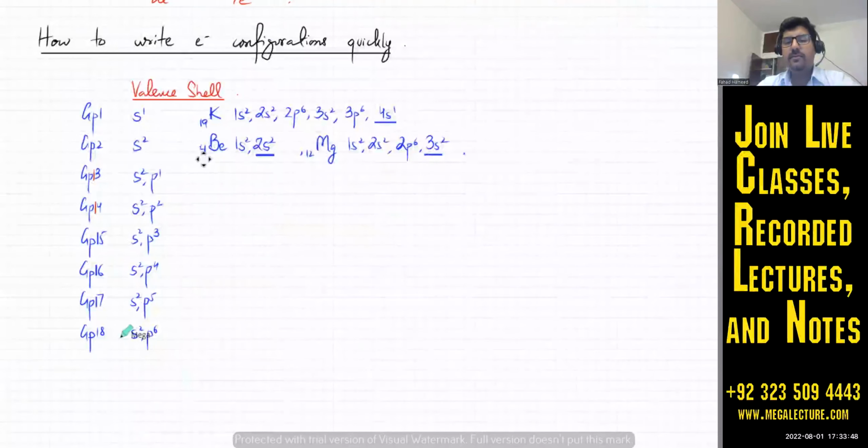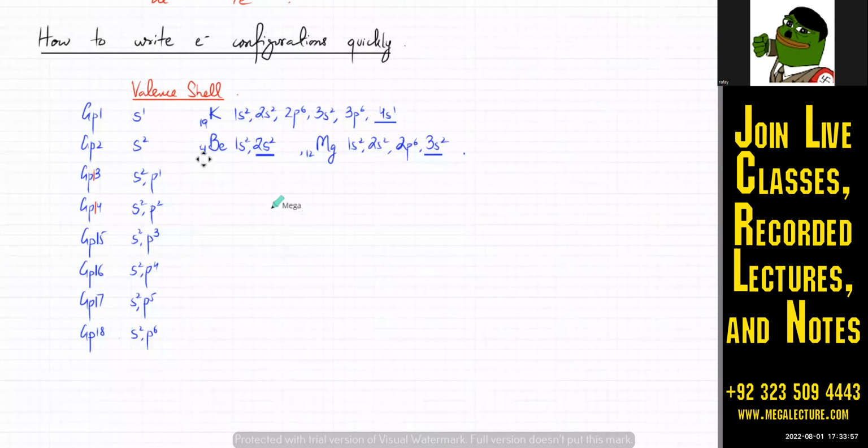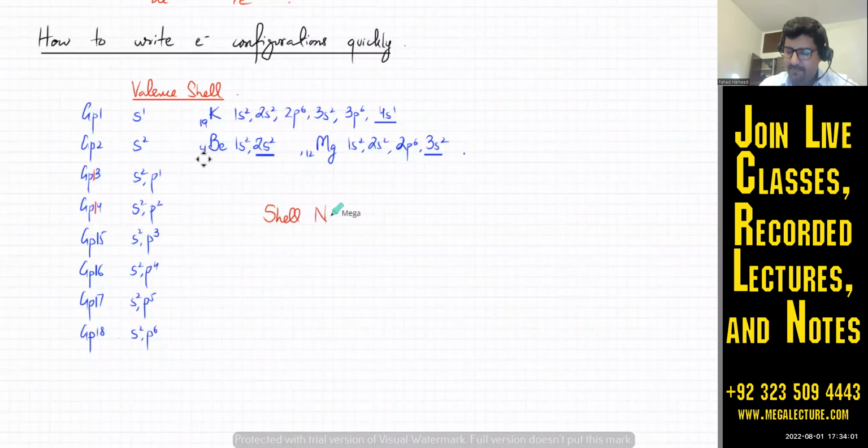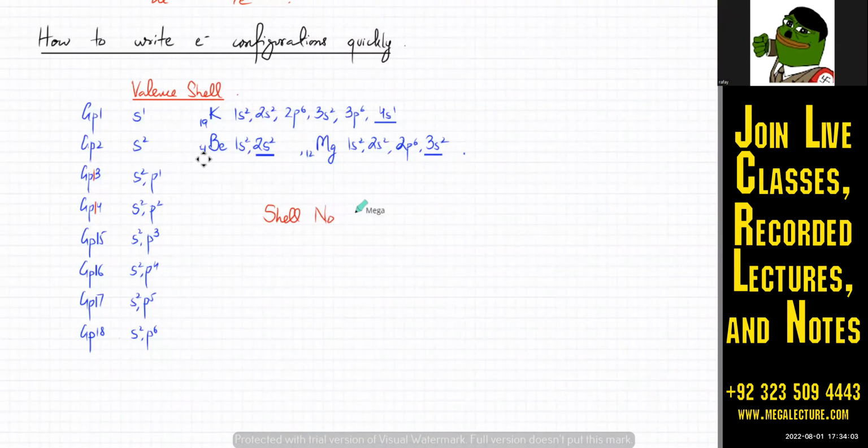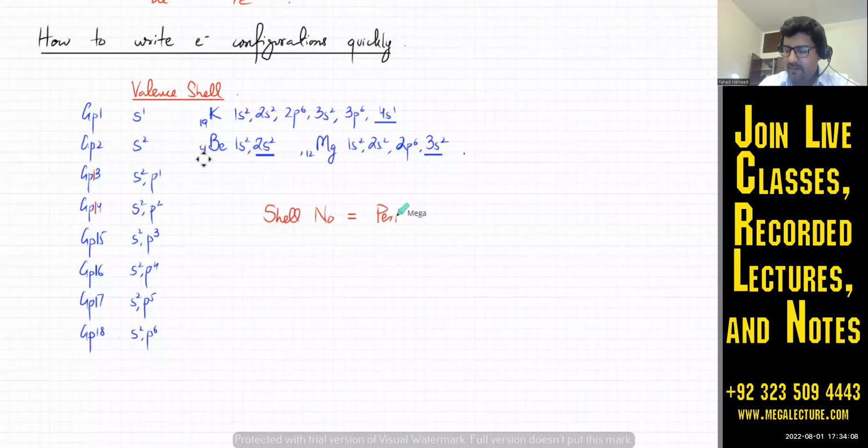अच्छा, how do you know the shell number now? वो क्या होता था? How do you figure out the shell number in O levels? Period number. ठीक है. So the shell number is basically equal to the period number. So not only can you figure out the outermost subshells, but you can also figure out the period number as well. Okay, for example, I've got